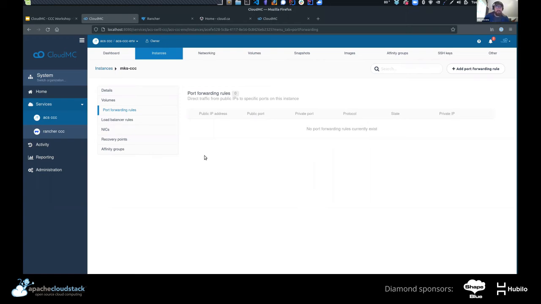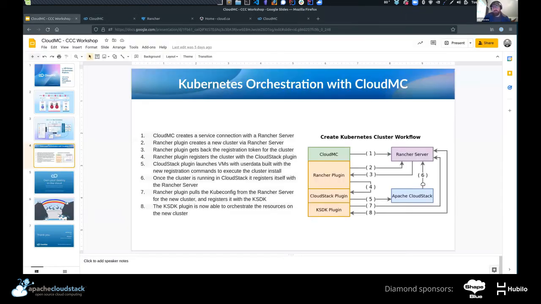And you can still have Rancher orchestrating VMs that are running in private networks because as the CloudStack VM reaches out to Rancher, it essentially creates a tunnel through which the Rancher server is then able to communicate back with the CloudStack instance, even though that instance is not on the public internet.